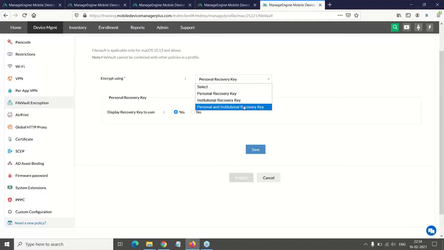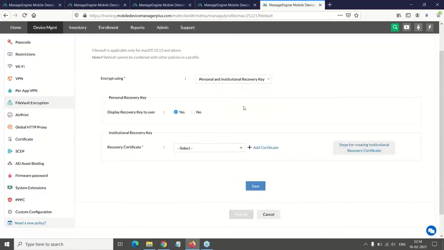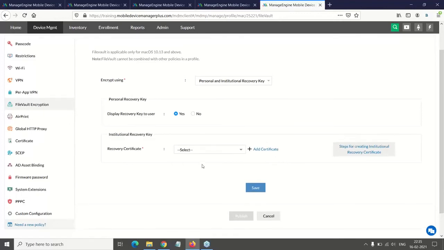But it's always recommended to go with a combination of both, that is, personal and institutional-level recovery keys. So you can just choose the required option, fill in the required details. If you want to upload the certificate, you can just add it here and save the policy.